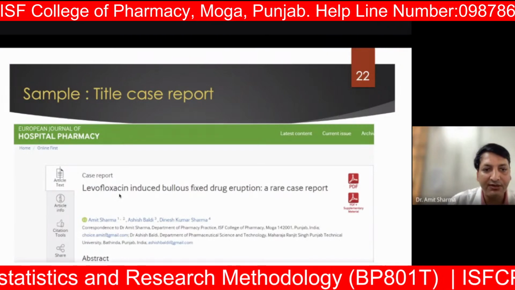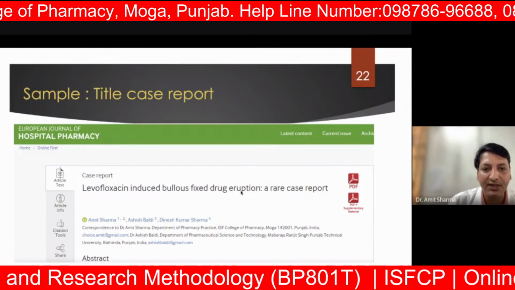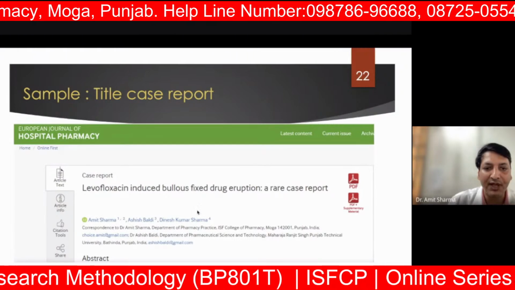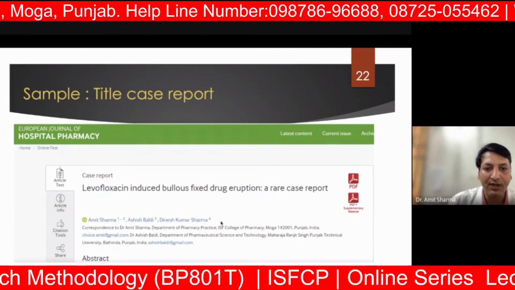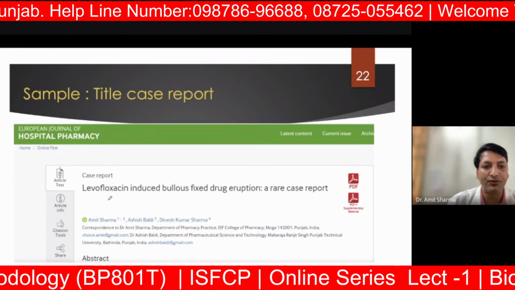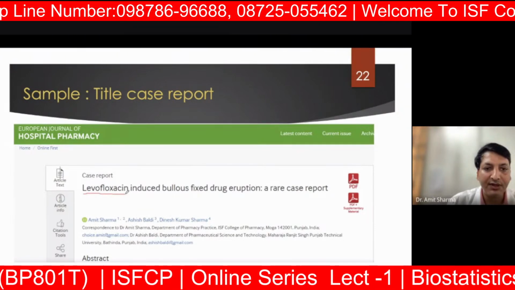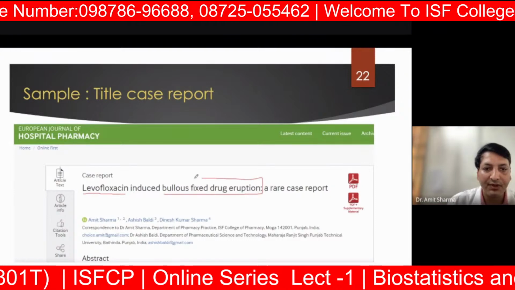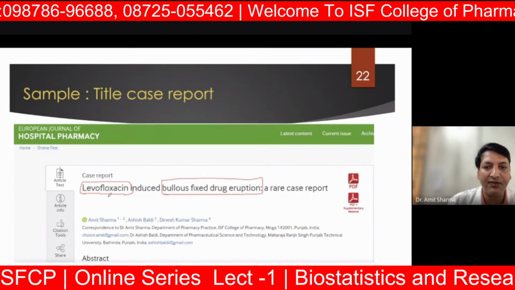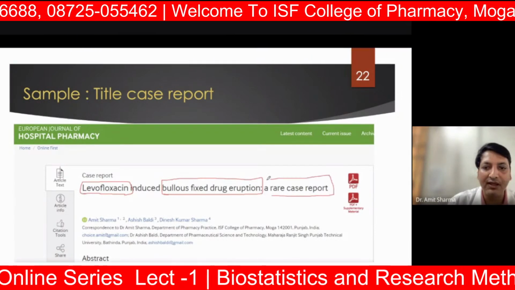Levofloxacin was the name of the drug which caused bullous fixed drug eruption. That means I have not added the dose, nor the formulation or dosage form that levofloxacin belongs to. I have just added the main drug that caused the reaction. I have directly fixed it into specific keywords. And as it was a rare case report, you can add "rare case